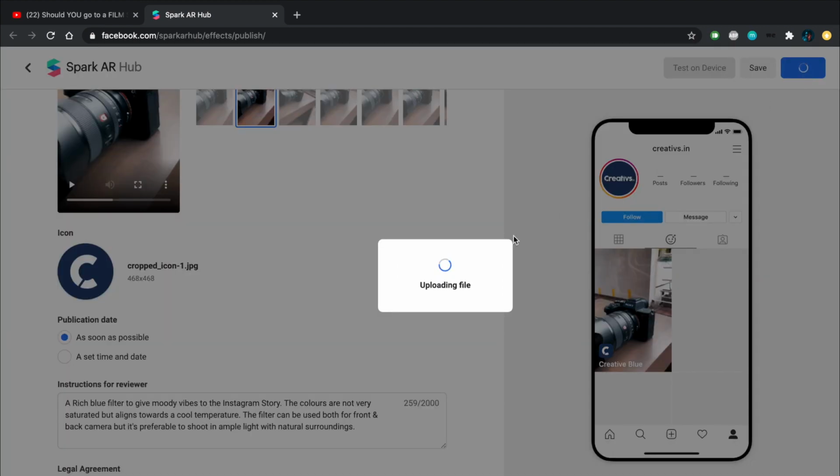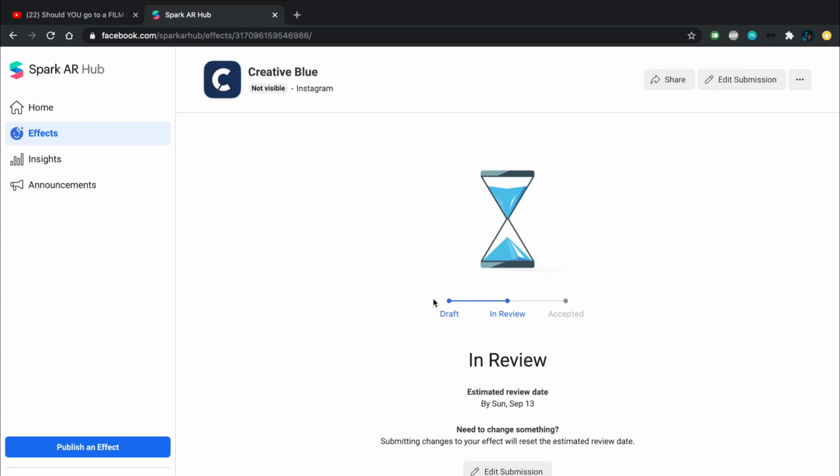Once you submit the filter, your filter will be in review and once it gets approved, it will show up in the filter tab within 10 business days. Cool, isn't it? So, did you enjoy it? Now that we are done, all your stories will get that unique look just like your films. Since your filter is public, your followers can get that same cinematic filter under your name. This will also bring new audience for you.